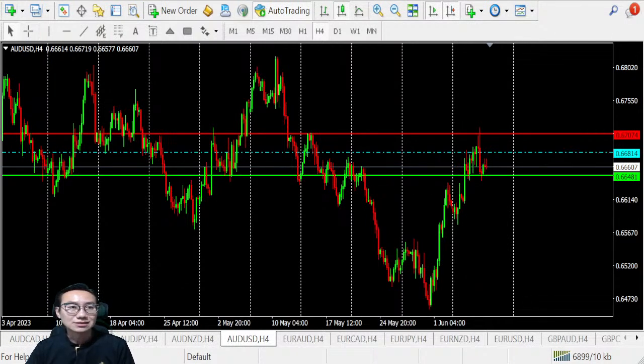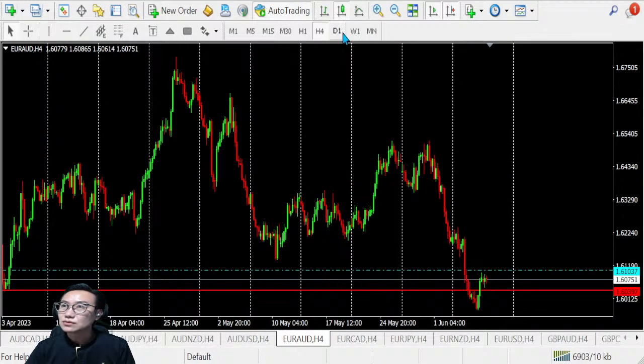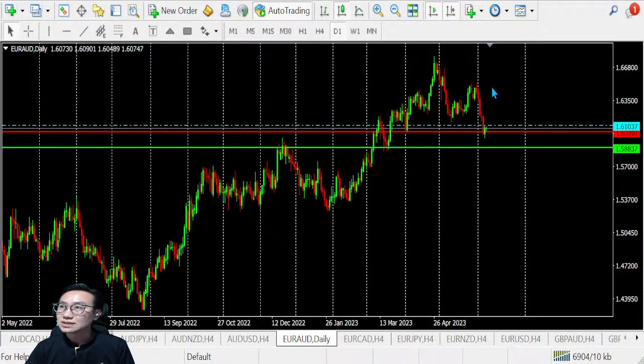Today it looks like Aussie dollar is another one we can pay attention to. Right. Hi MK, nice to see you here. Right, Euro Aussie. Euro Aussie yesterday had a slip off here, but today there's some reclamation, so we've got to be a little bit careful. All right, just hang on first.